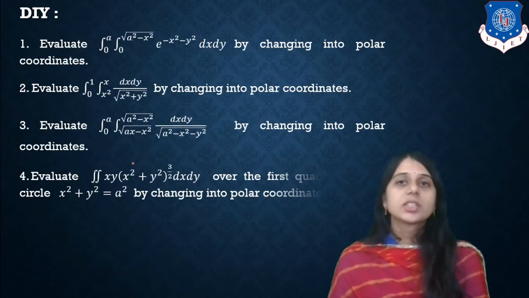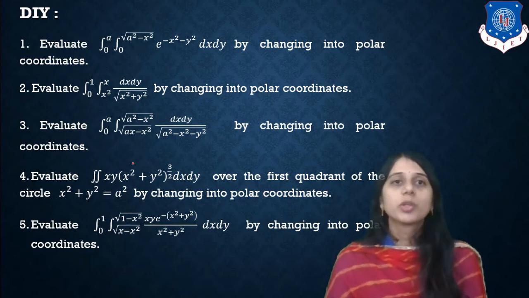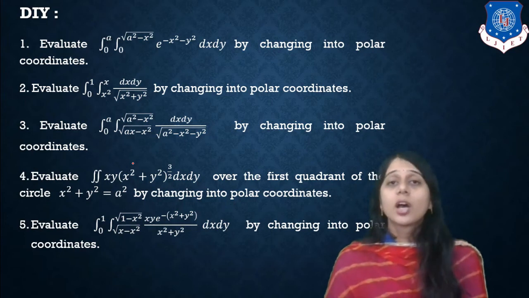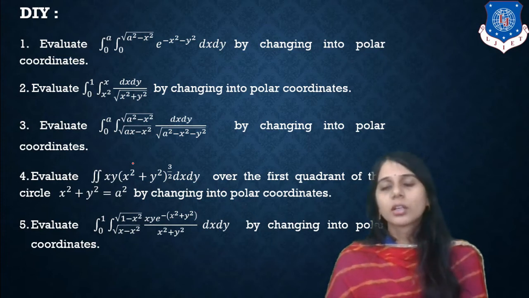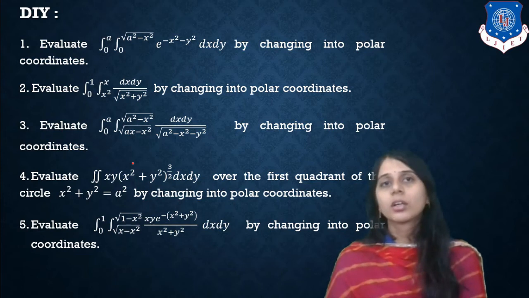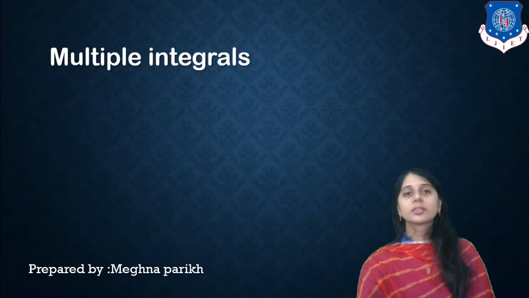Here some examples are illustrated for the change from Cartesian to polar coordinates. Every time we are dealing with the limits and converting the limits from Cartesian coordinates to polar coordinates, and we are getting the polar form as a circle formation. So we use the integration in an easier form. If we want to change the coordinates from Cartesian to polar, it is the easiest method for double integration.